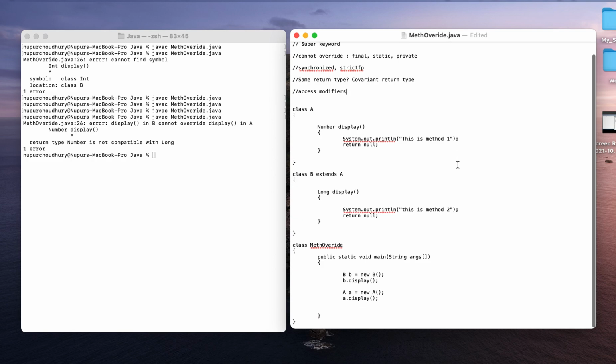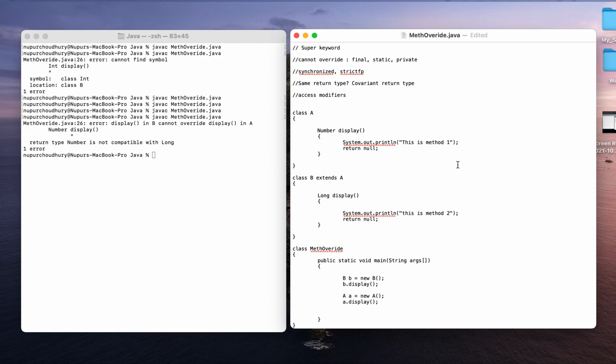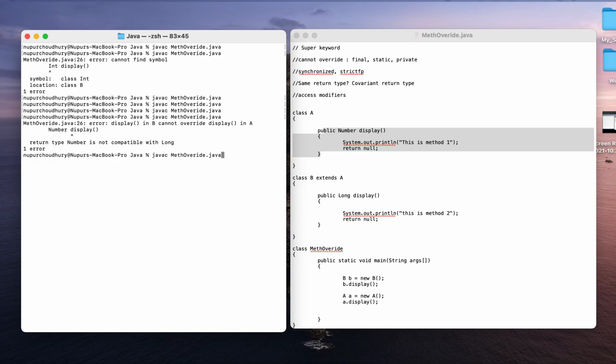Now let's say I am using the access modifier public here. I am also supposed to use a public access modifier in my child class, in the method which is going to override the parent class. When I execute this, yes, it is giving me the desired output, Java method override.